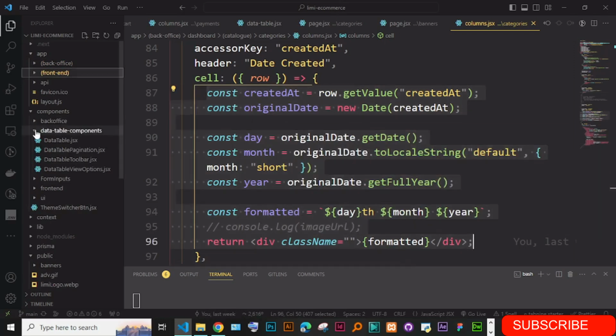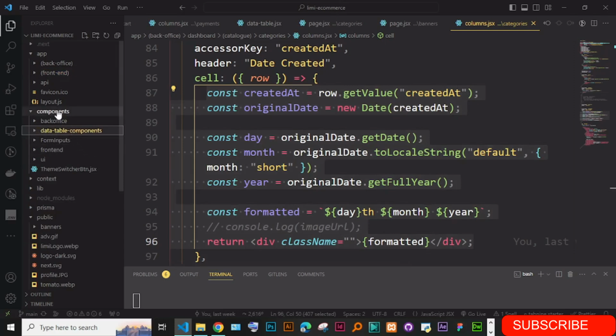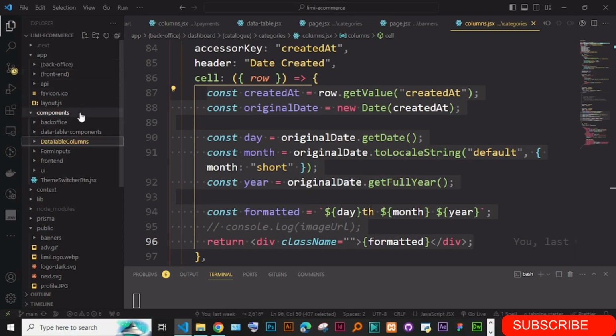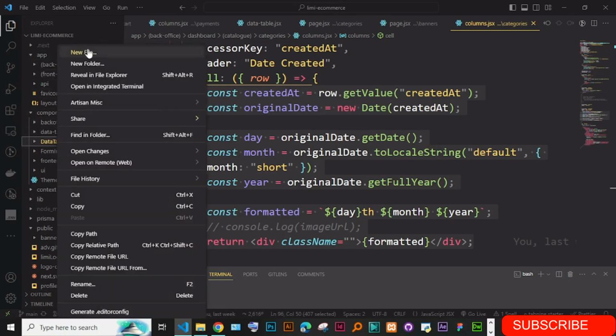I'm just going to go to components. Here we have the DataTable components, and here we have the DataTable data. Inside the components, I'm just going to right click and create a new folder. Maybe we call it data table columns. Okay, just going to create a folder called data table columns, and inside it I'm just going to create a